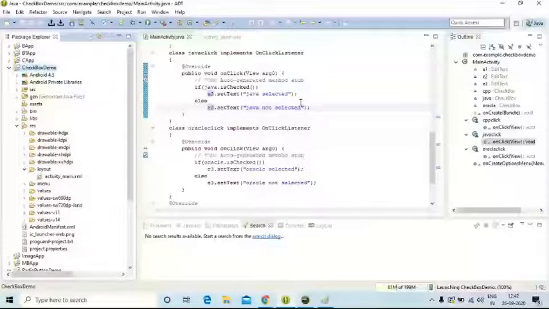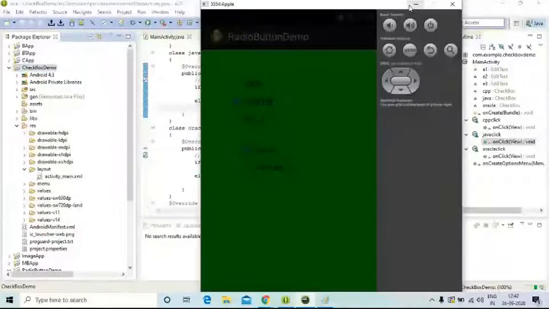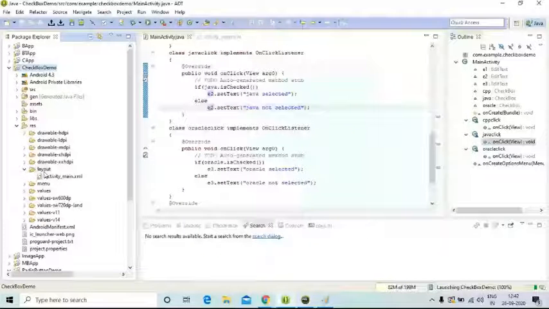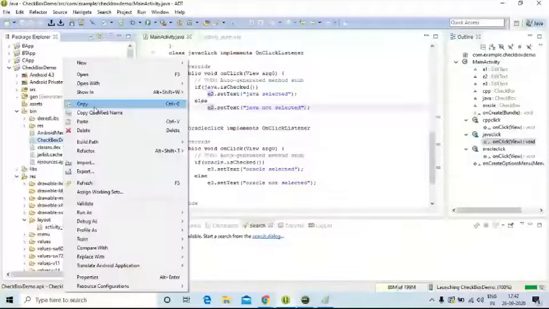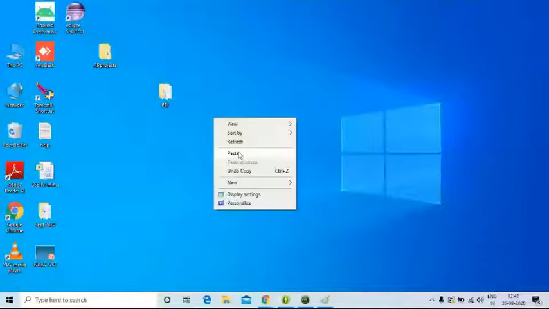Here you can see this. I'll also send the APK file to you, dear. In the meanwhile, I'll send the APK file to you. The APK file will be present in the bin directory. Don't be confused, dear. In the bin directory, I'm copying this APK file and sending it to your WhatsApp group. You can execute it on your mobile here.